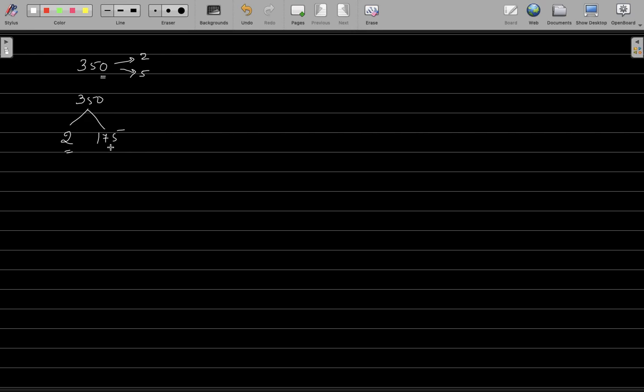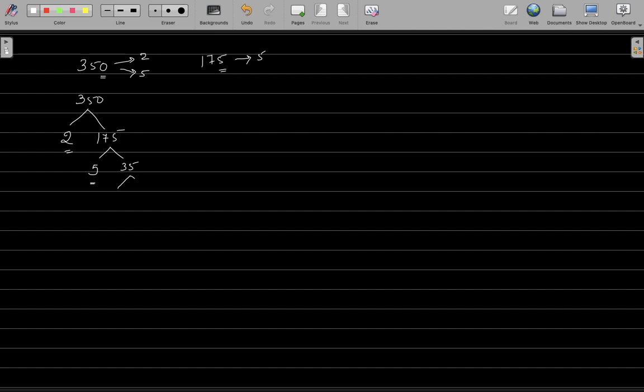Now let us try to break this composite number again into the prime factors. Now you know 175, the number which ends with 5, is exactly divisible by 5. So let us start with 5 here. What number will come here? We want that number which when multiplied by 5 will give you 175, or in other words, let us divide 175 by 5, that will give you 35, right? Now 5 is a prime number, but 35 is a composite number again.